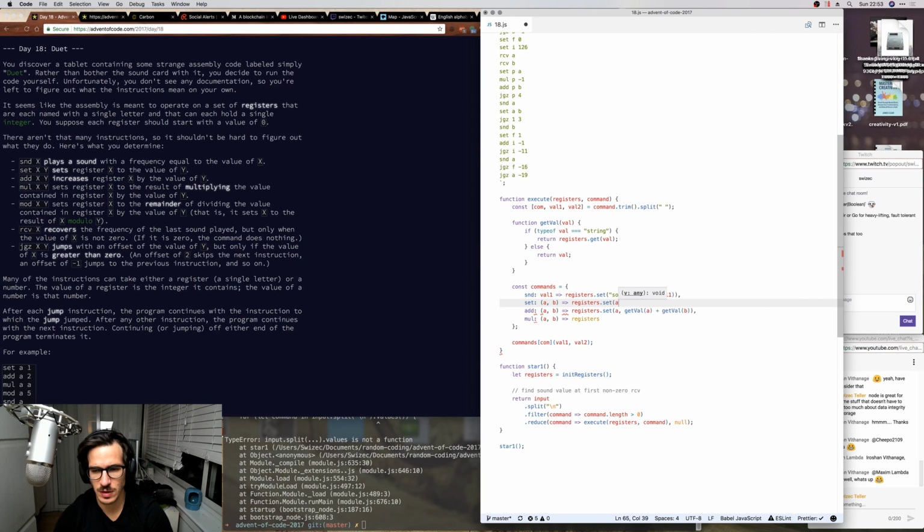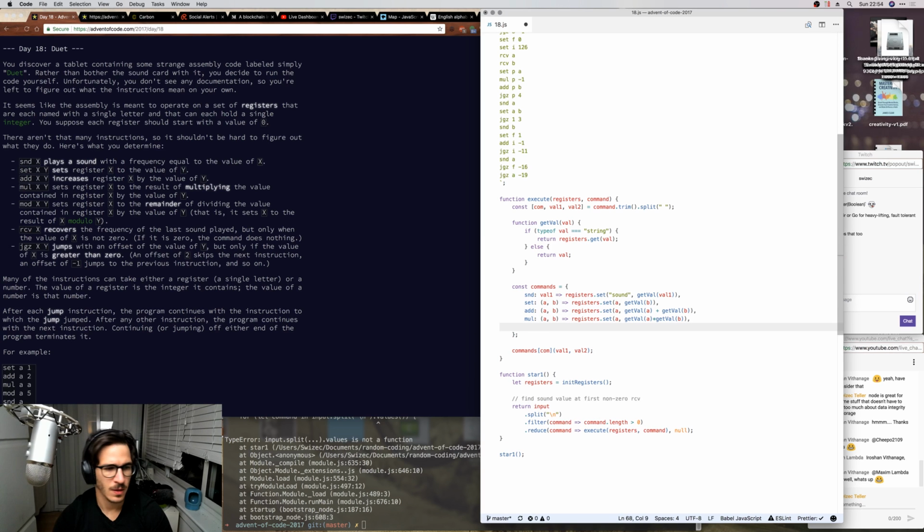says register set A to get val of B, multiply is registers dot set A get val of A times get val of B, multiply mod A B registers dot set A get val A mod get val B,